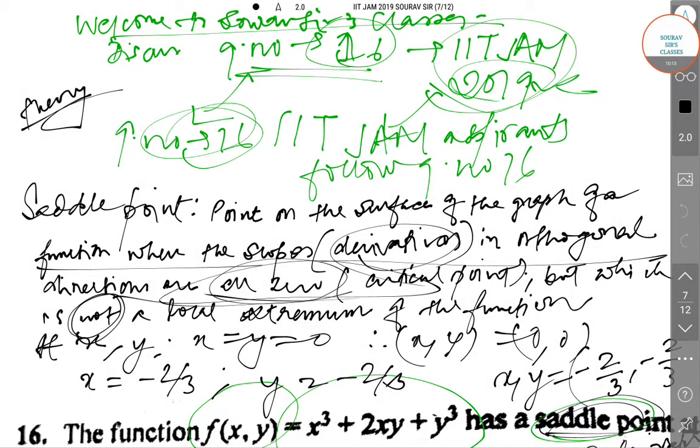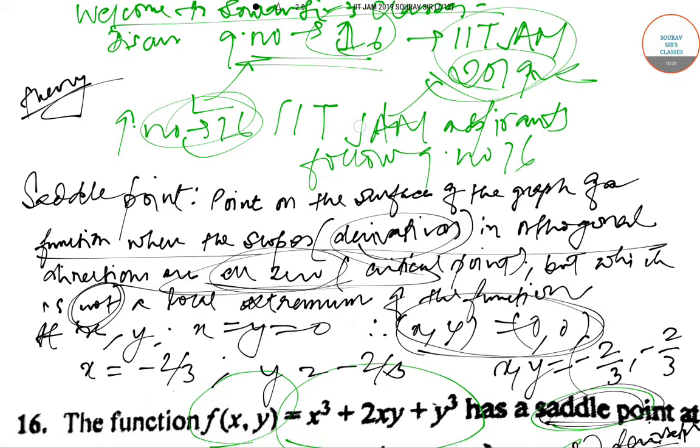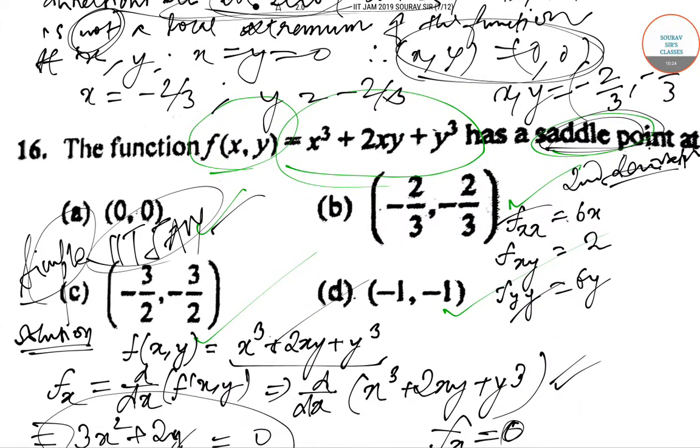Going back to the question, so at 0 0, that is here, we are getting the value of discriminant, saddle point. So the correct option will be, see, the first option is 0 0, so this will be our right option. So option